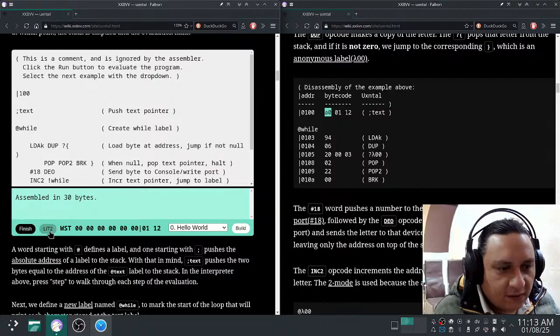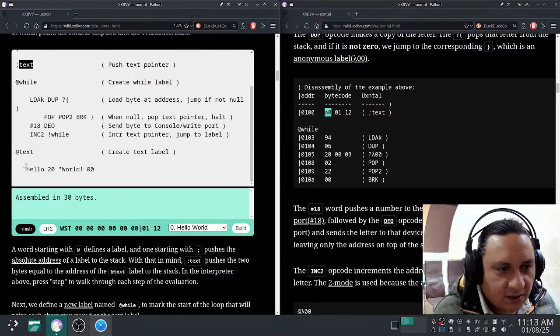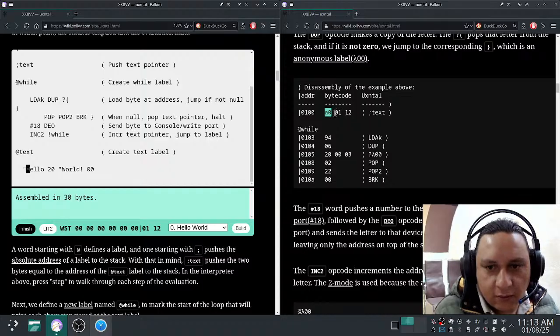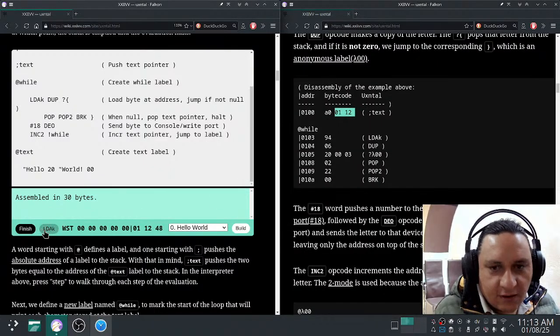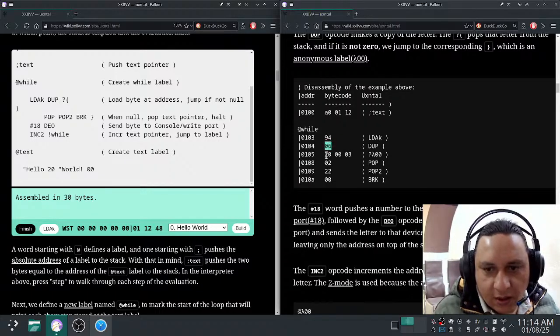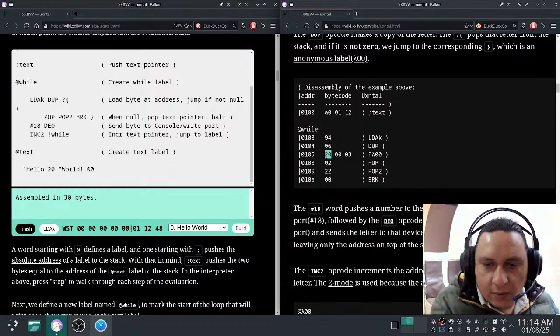A0 is LIT2. LIT2 is going to push the short representing the absolute address of the capital H, which in this case is 0112. After this, we have the load absolute keep instruction, which in hexadecimal is 94, and so on until we get here to the